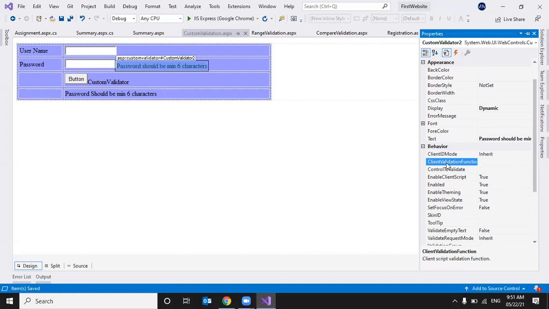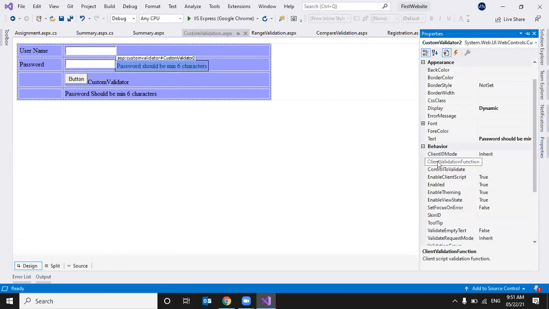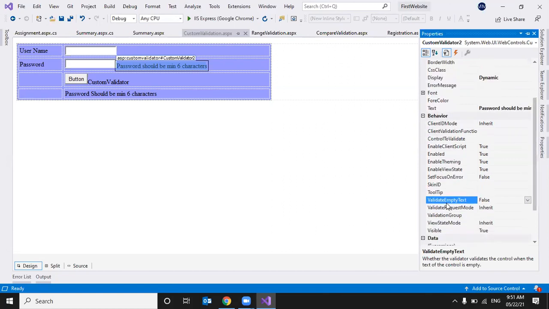Now we have an extra property called client validation function. If I want to validate this control data on the client side, I can use client validation function. Control to validate is common. Next extra property we have is validate empty text.